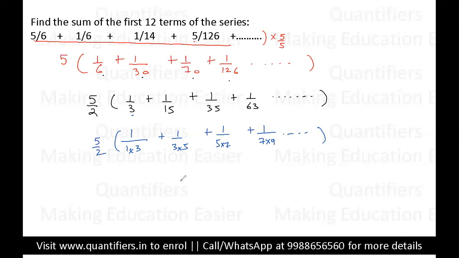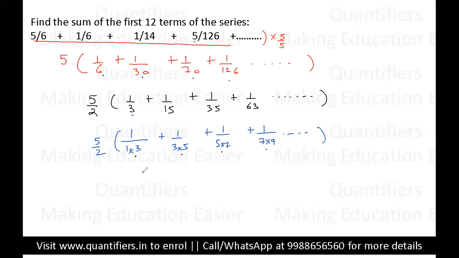Now students, just see the denominators. There is a proper pattern here. Each denominator, if you look at each of the denominators, they are in the form of AP, right? And in the beginning only, I told you a concept that if you have 2 numbers multiplying in the denominator, students, you can split it into 2 parts. How can you split it? The difference should be 1 and 3. So you can see in each of the denominators, there is a difference of 2.